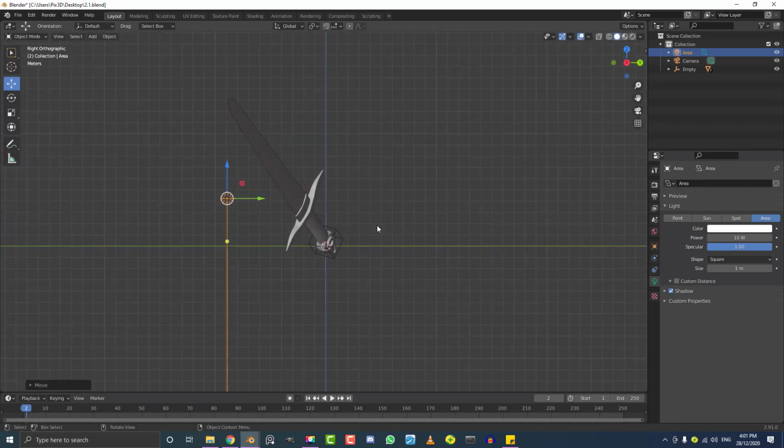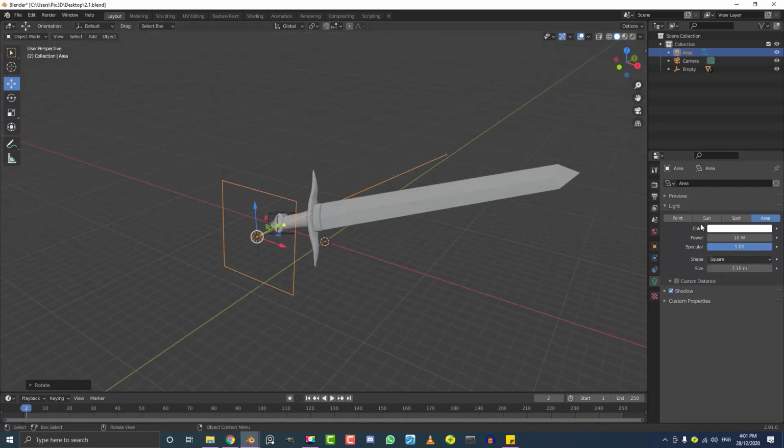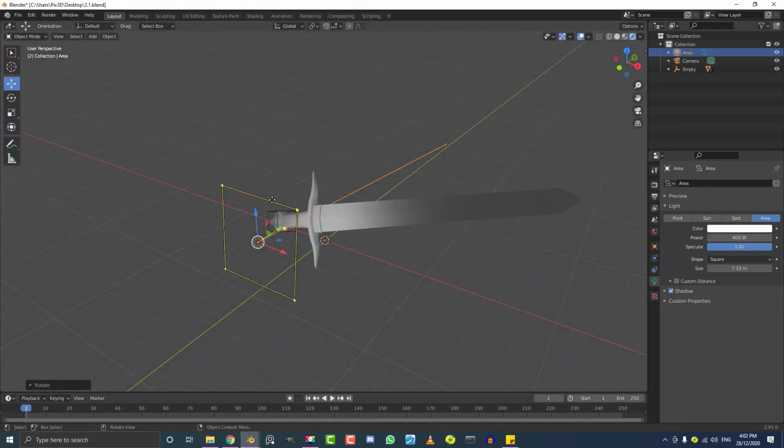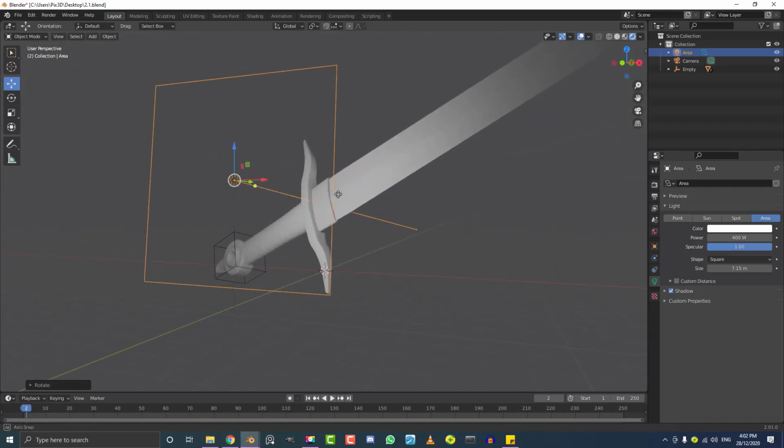And in my right orthographic view, I'm just going to hit R to rotate it in. I'm going to come here to the light settings and increase the size to about 7 meters. And I'm going to come to the power here and make it something like 400. Then I'm going to hit Z, go rendered, and see what it looks like. Okay, so that's a little bit underpowered, so I might go with something like 700,